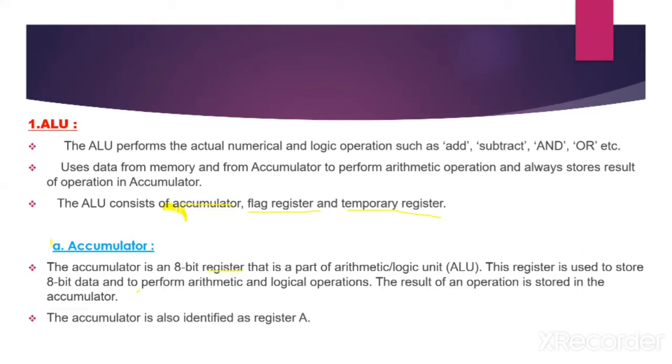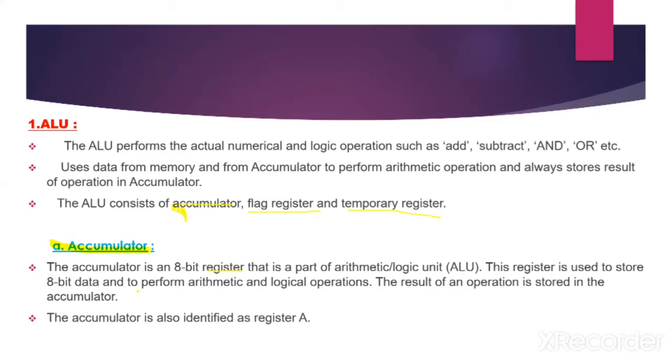Now discuss about accumulator. Accumulator is also 8-bit register. It's a main register in 8085. It is used to perform arithmetic and logical operations. In such operations, one of the operands is always stored in accumulator. Means there are two operands. Suppose operation is A plus B. Then one operand is always stored in accumulator.